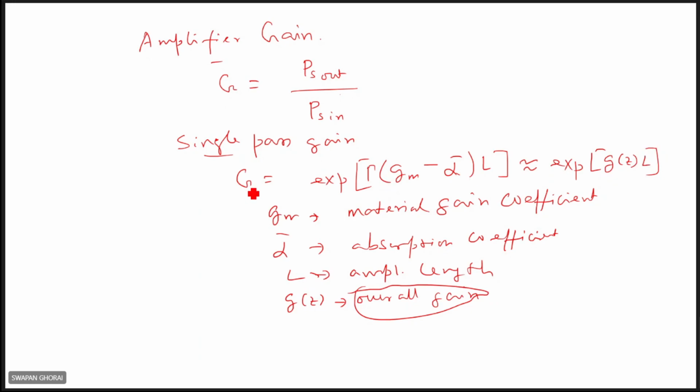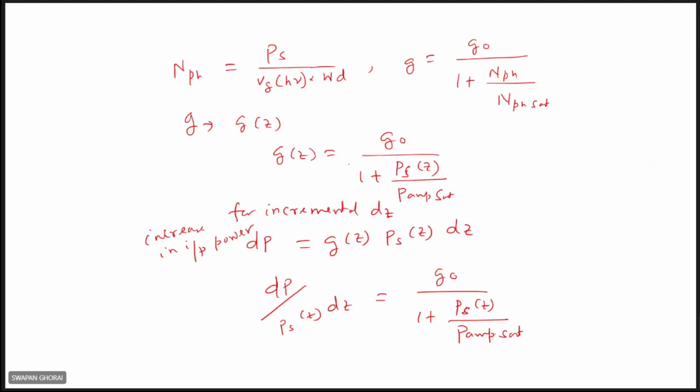So this indicates that for an optical amplifier, gain will increase with the increase in the length. But that is not true all the time. If the length increases, one time will reach when there will be no excited carriers in the high energy state. So even if the input level is increasing, there are no excited carriers at the upper energy state, so gain will fall. So it seems gain will increase exponentially, but after a certain time gain will fall. I'll show you the gain curves next time. Anyway, today this much. Next time we'll see it.